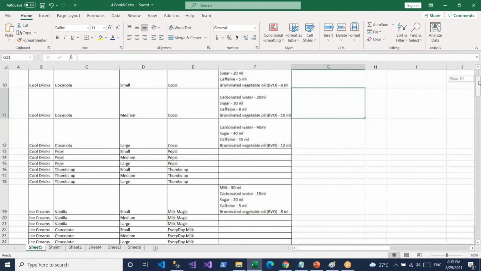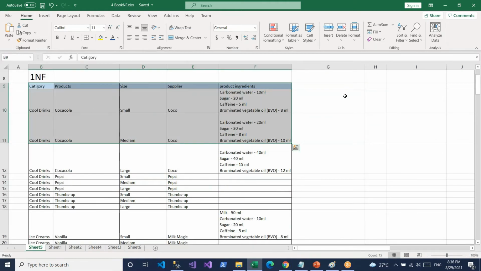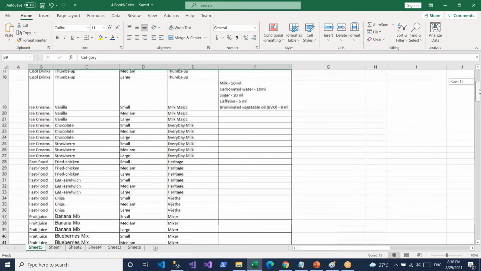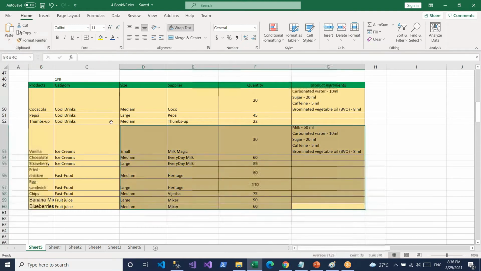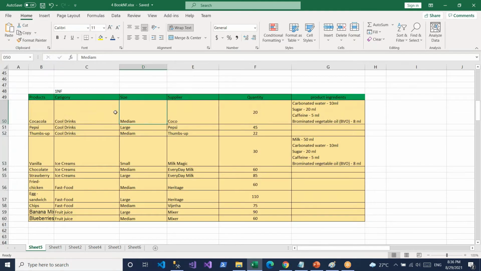I applied the first normalization, and with these products I went to the real-time market. Out of these 20 to 25 products, I got only a few. For Coca-Cola, I got only the medium size, not the small size, and the quantity will be about 20. So I got only these products from the real market, supplied to me.